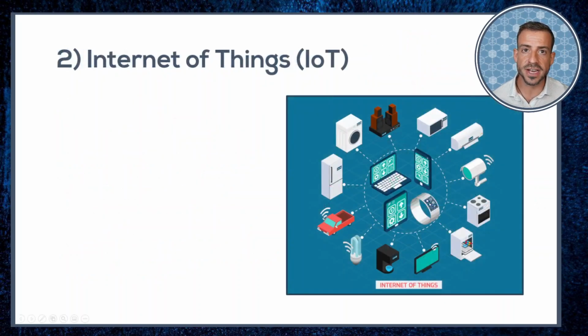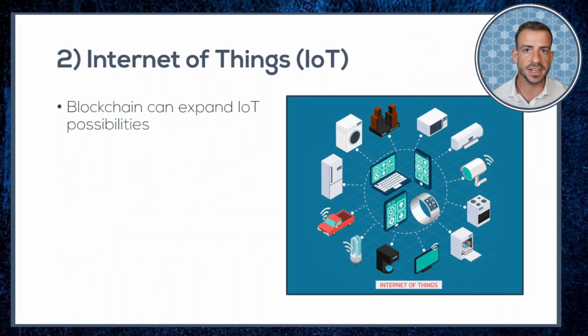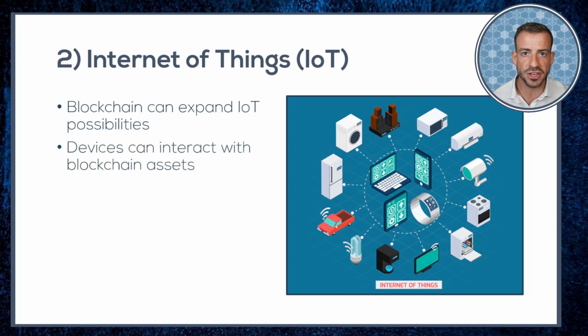IoT, or the Internet of Things, is another broad opportunity for blockchain technology. The Internet of Things refers to the trend of our electronic devices and appliances to become ever more internet connected. This allows them to be used and controlled in more sophisticated ways, thanks to the data that they receive from the internet and the data they send back, which enhances what we can do with these interactive devices. By developing IoT applications using public blockchain platforms, developers have the opportunity for these devices to interact with assets and economic value that is registered on those ledgers.